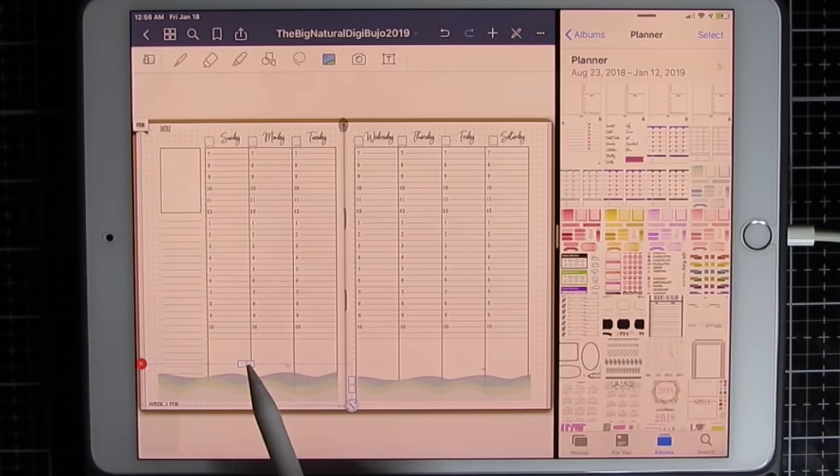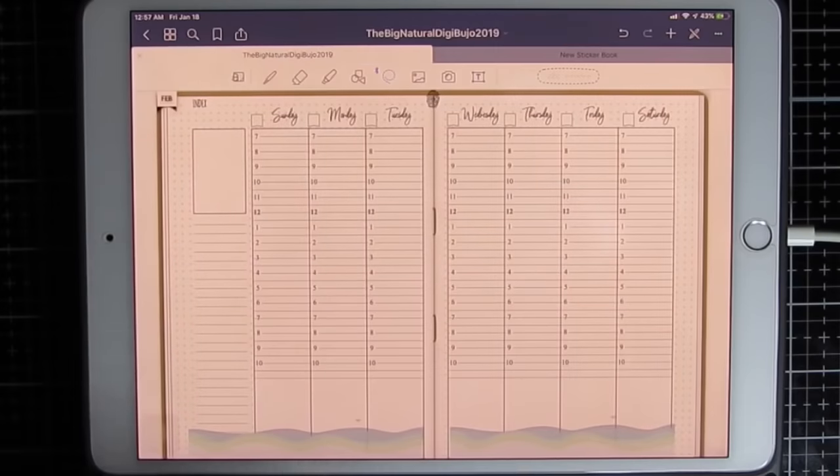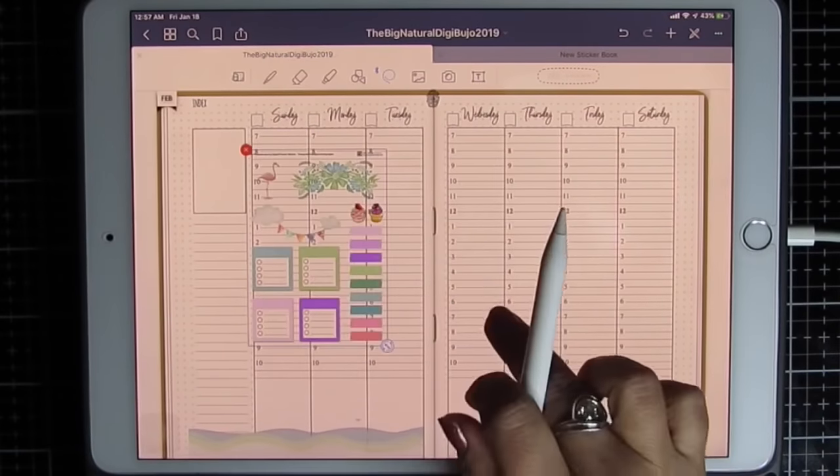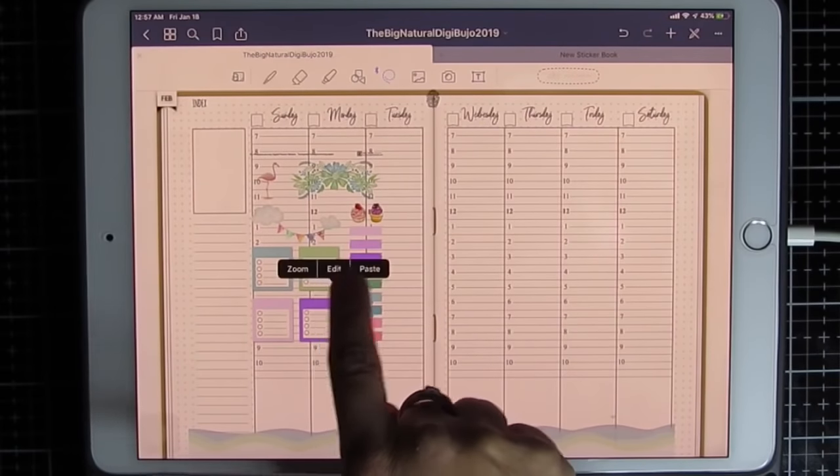I'm going to open my sticker book. So now I have two tabs. I'm going to, let's see, find a sticker set. Let's pick this one. And if you use your lasso, I'm going to select images. If you use your lasso to copy and then go back into your journal and paste, the sticker will come over. But then when you crop it, tap edit,